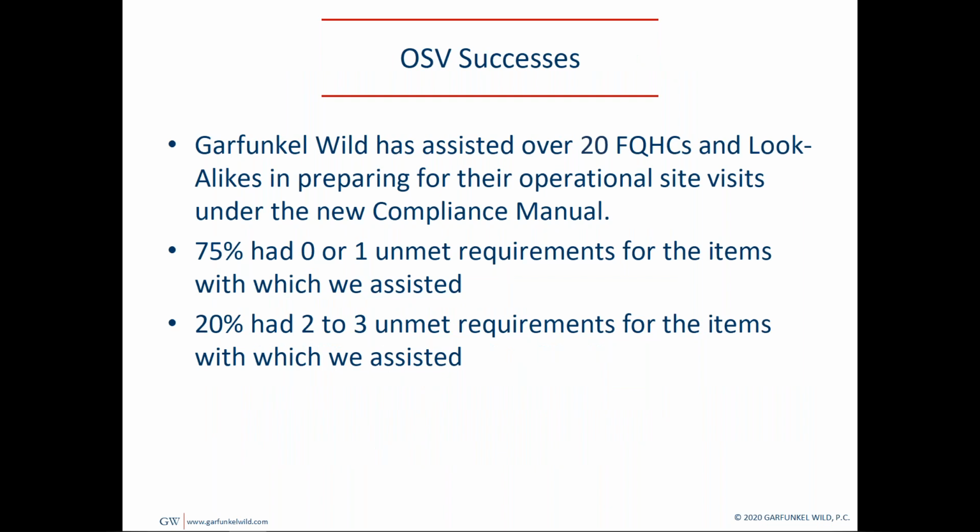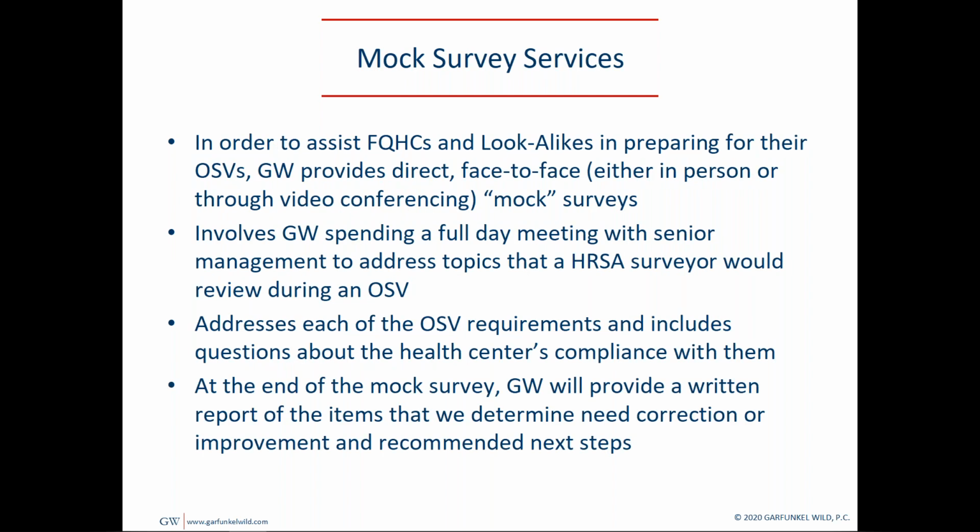Just quickly about us, like I mentioned, we've done the OSV under the new compliance manual with more than 20 FQHCs. 75% of them have had 0 or 1 findings. Almost all the rest of them had 2 or 3 for the items on which we assisted. We provide mock services. Generally, that means coming in for a day and meeting with all senior management, asking the same questions the surveyor would ask, and then based on that, we will tell you what we think you need to